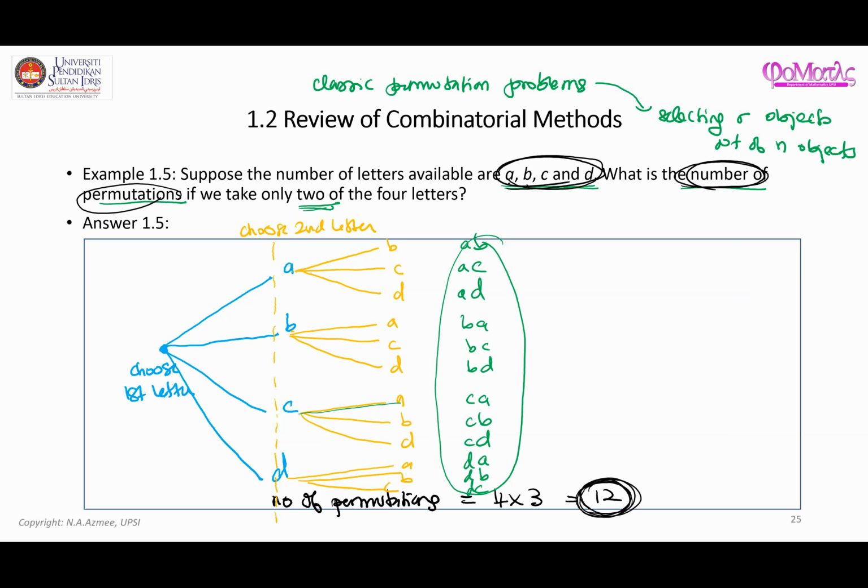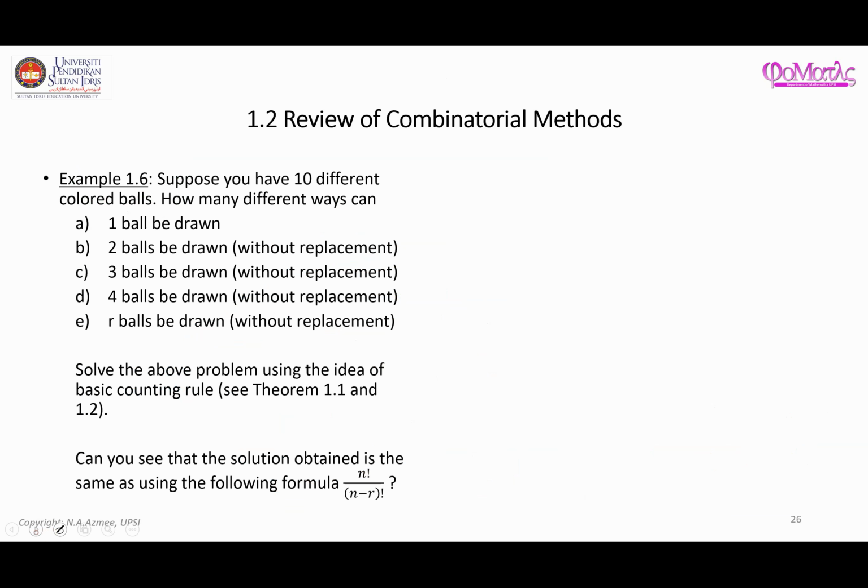Okay, so again I have solved this permutation problem using the idea of counting rule, which I have illustrated in the previous video, in my earliest video. And if you can't recall what it is all about, you can go to this lecture note and refer to theorem 1.1. Okay, now let's move on to this example 1.6 here, where you have 10 different colored balls,